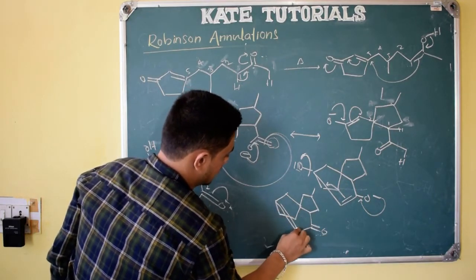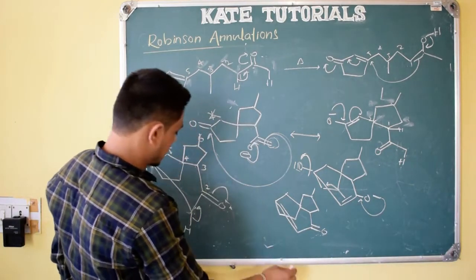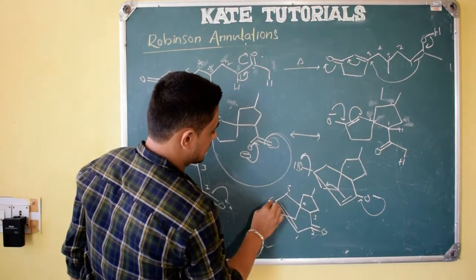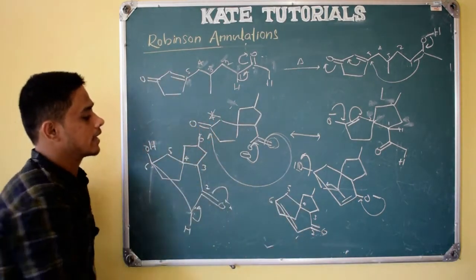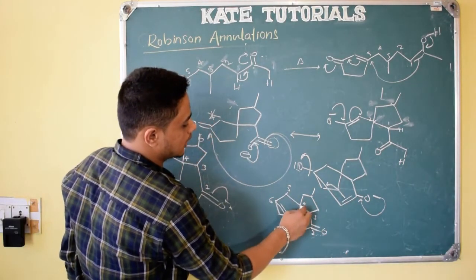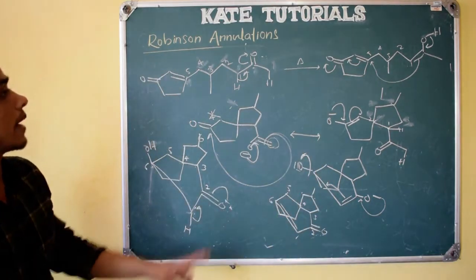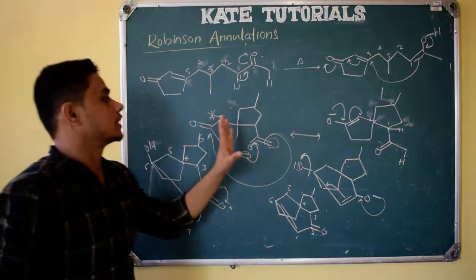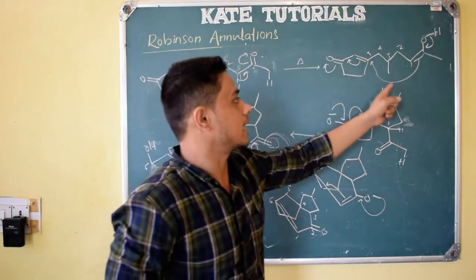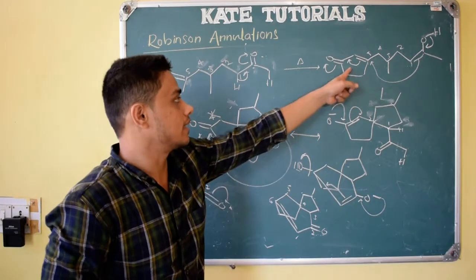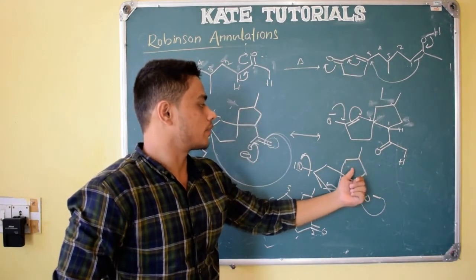And here a double bond. So this is the 6-membered ring I told you. 1 2 3 4 5 6, 6-membered ring, and these are 5-membered. 1 2 3 4 5, 1 2 3 4 5. How was this formed? Here, 2 times Robinson annulation. The first time the ring formation occurs like this, a 5-membered ring. Initially the 5-membered ring is there, one annulation gave us a 5-membered ring.